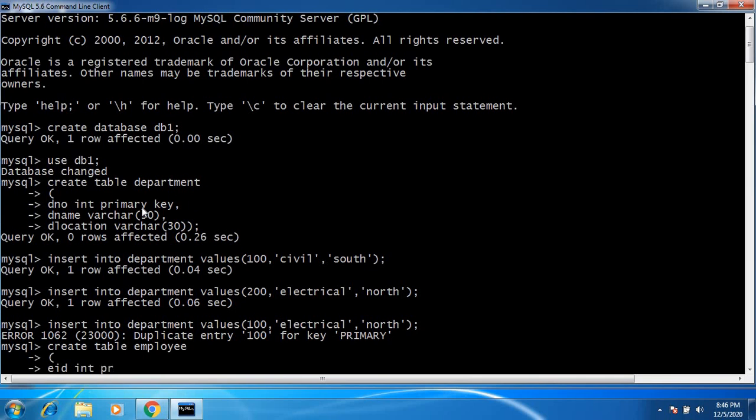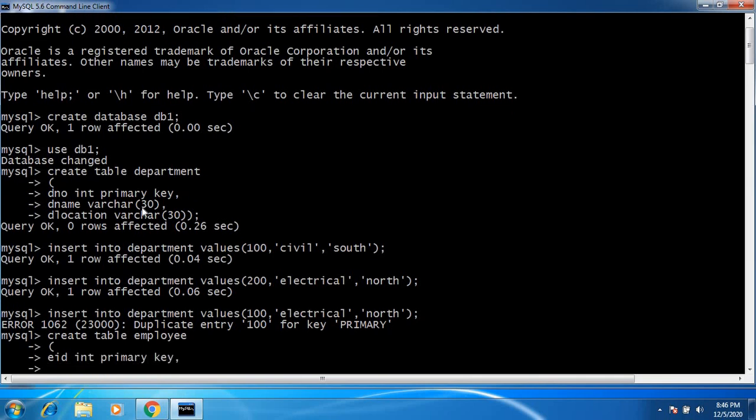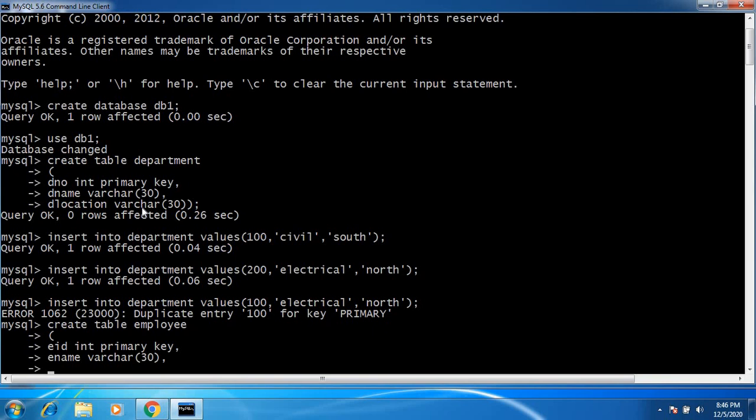I will take this as a primary key. The second one is employee name, varchar 30. The third one is the department number, department ID.